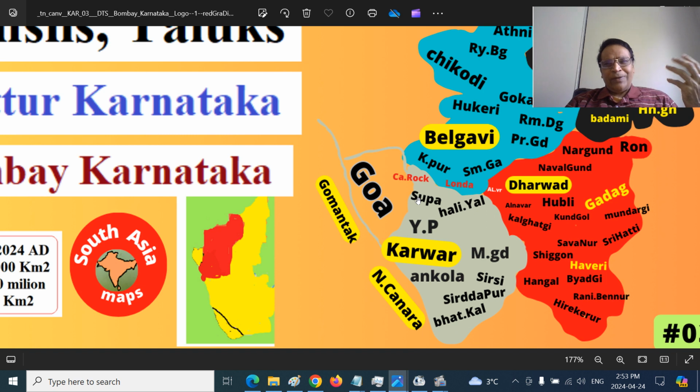There is also a dam there where the Kalindi river joins, and Haliyal that hosts the famous Dandeli wildlife sanctuary area. Supa Taluk and Haliyal Taluk, of course, this is the Ellapur YP. Then the Mundgod, and further south is the Sirsi Taluk and Siddhapur Taluk here, Ankola region. This is the Gomandak region.